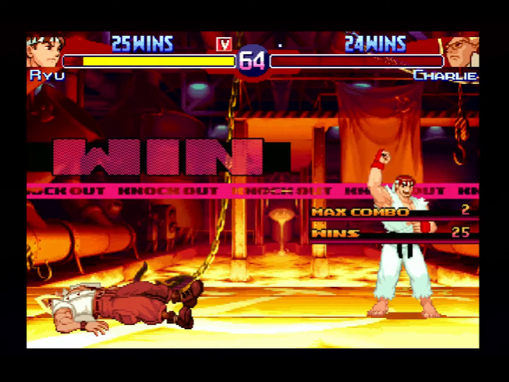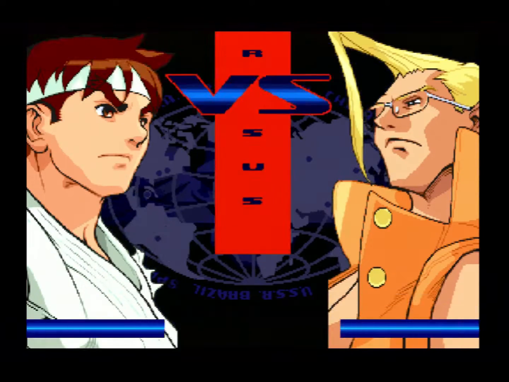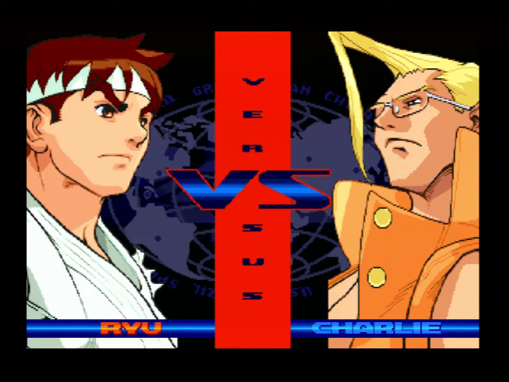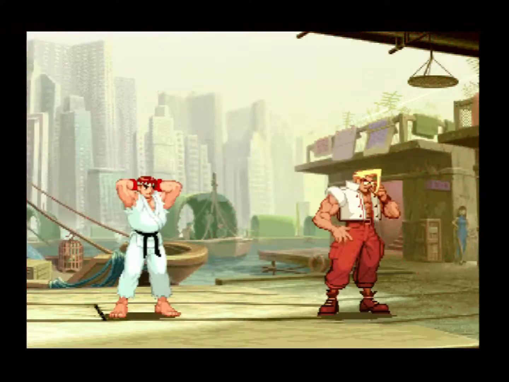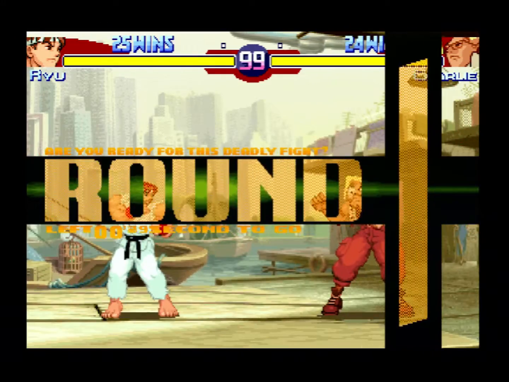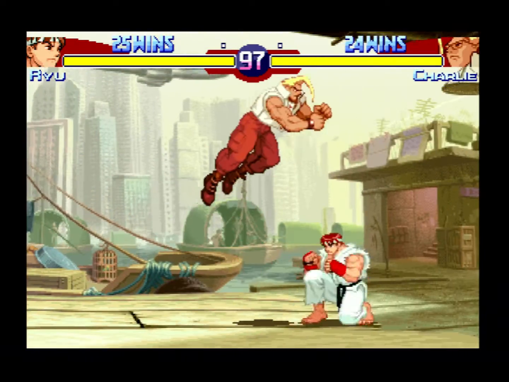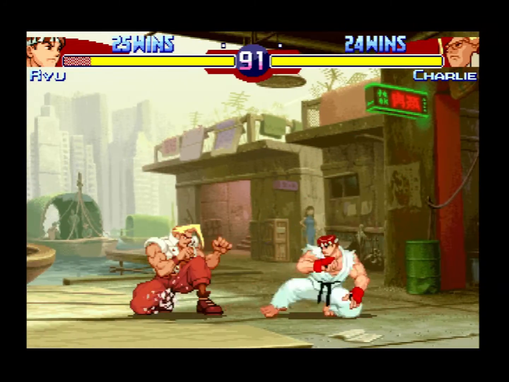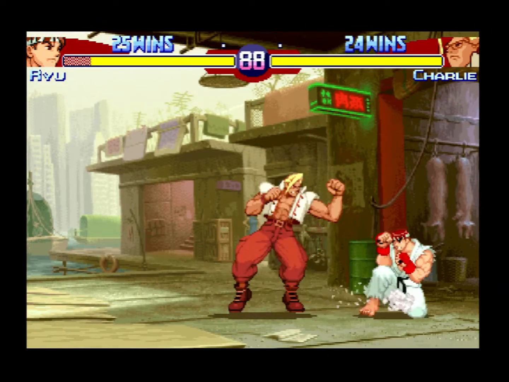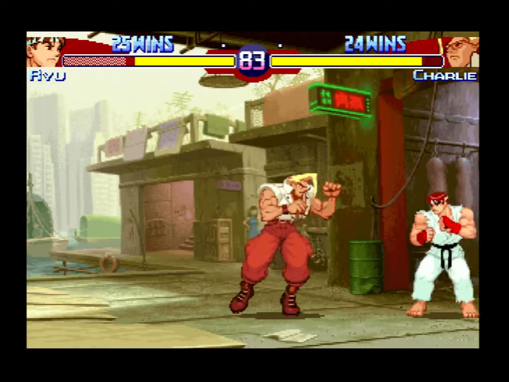What was that? Oh yeah, World Tour mode. I thought it was a really cool concept, but I somehow didn't like it. I just didn't get into the implementation. In World Tour mode in the Alpha 3 console version, you fight battles. I think it's sort of a pre-arranged set of battles. Maybe they're random opponents. I don't know how that works, but